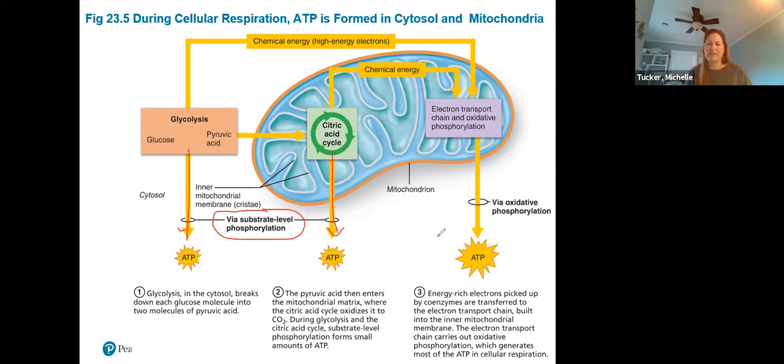And then we'll get over 30 ATP generated through oxidative phosphorylation, which involves the electron transport chain and something called ATP synthase. Okay, so 2 levels: substrate level phosphorylation and oxidative phosphorylation both generate ATP. Substrate level will produce low levels of ATP. Oxidative phosphorylation will produce high levels of ATP. Substrate level basically breaks substrates in half. Oxidative is going to harness the